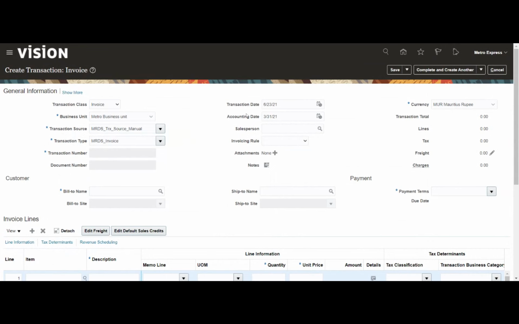Okay. And then these are basic information, like the transaction date and the accounting date. And then currency is picked up from ledger. And then here we have the customer.